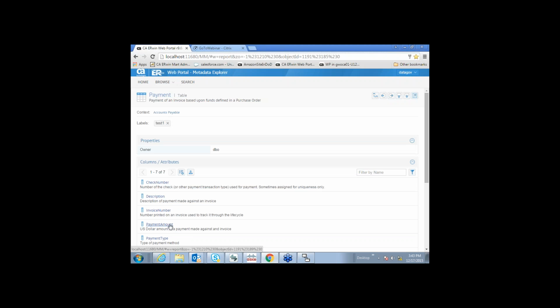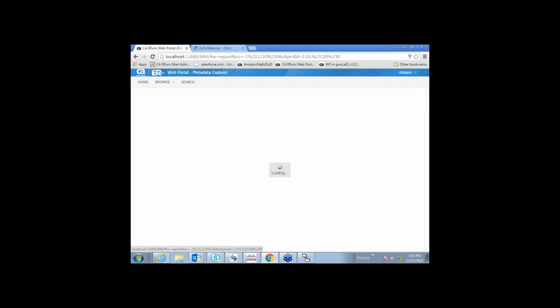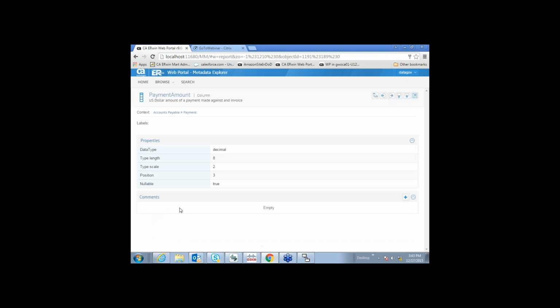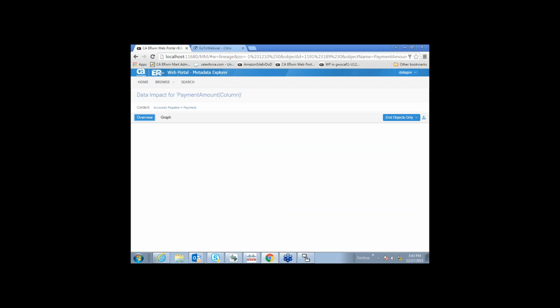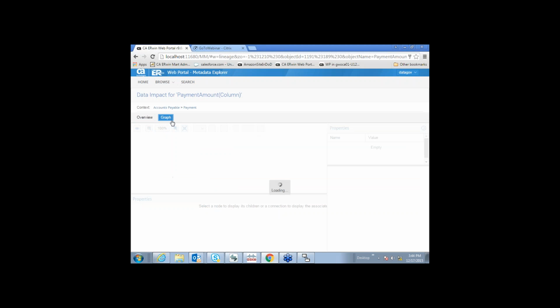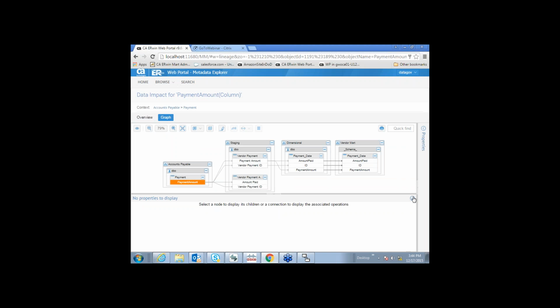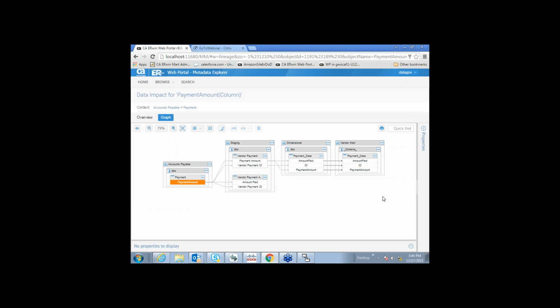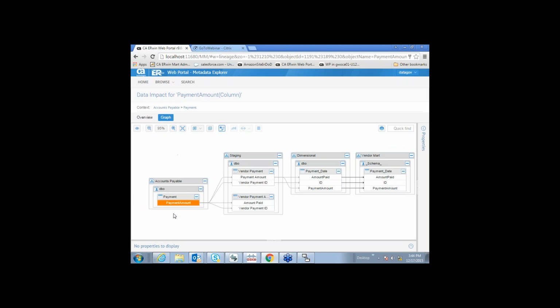If I need to expand this in the operational system, I wonder how that will impact everything down the road. So we want to be able to investigate the amount paid field. So you can open up the amount paid field here and see all the details about it, but this time you want to investigate downstream, to see what the data impact is if we change this particular field length in the application system, in the operational system. What kind of impact will it have downstream? So we can simply click on this option, and we can look at the graphical information that's available here, and we can see exactly how that particular column is being fed downstream. We can even highlight it, so you can see it very easily.